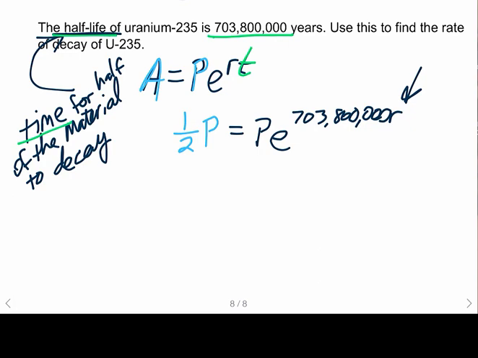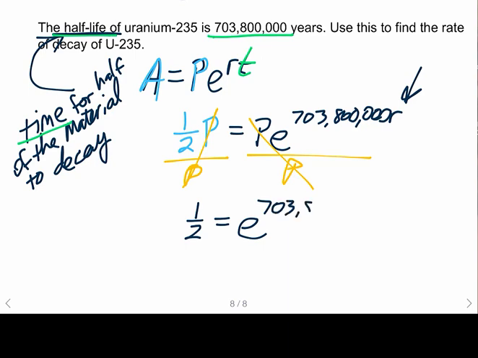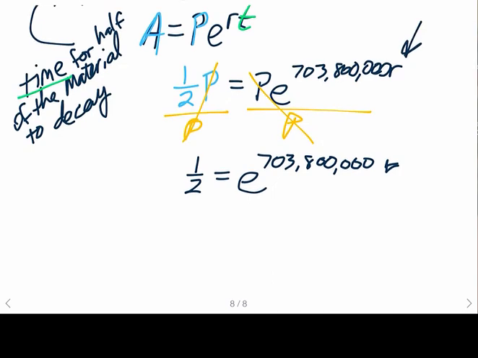And what we have now is a variable in an exponent. Broad strokes, same as before. Isolate the factor that has the exponent. And so in this case, we are going to divide both sides by P. It goes away on both sides, and we end up with 1/2 is equal to e to the nice round number of 703,800,000 times r, and because this base is e, we can use the natural log. So the natural log of 1/2 is equal to 703,800,000